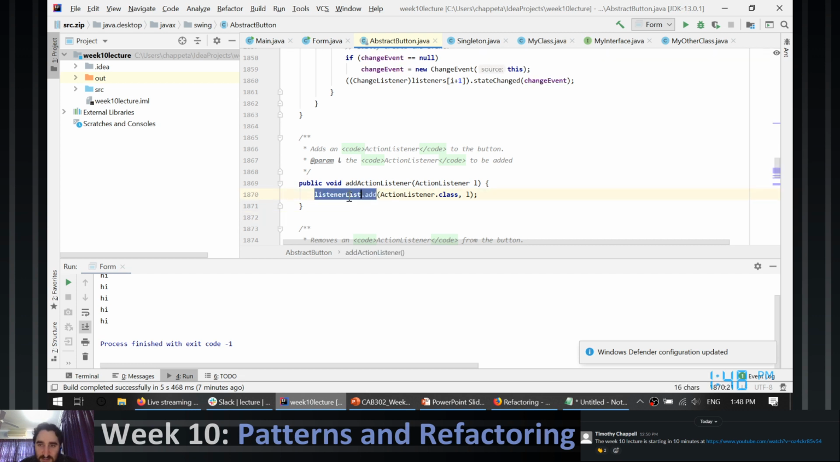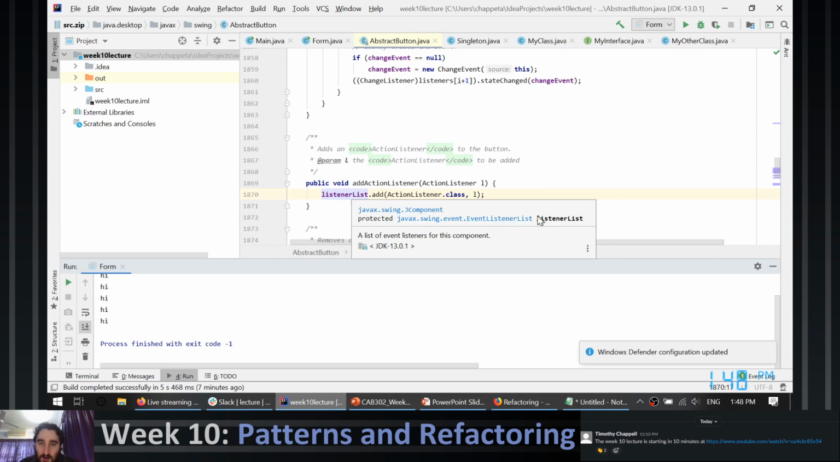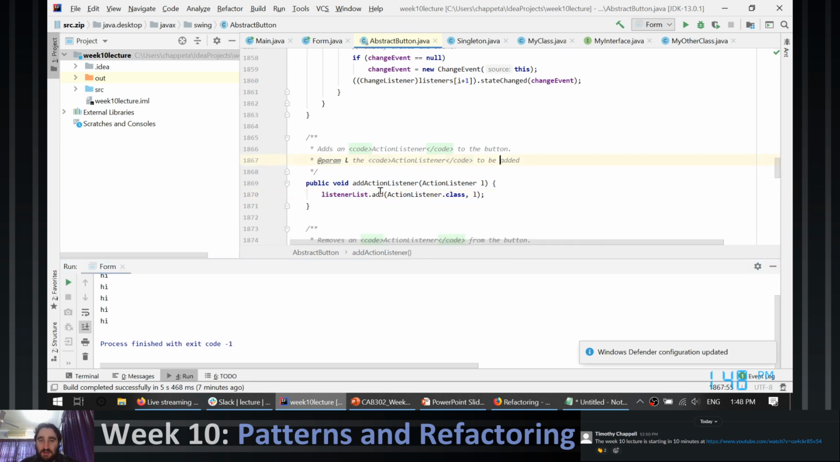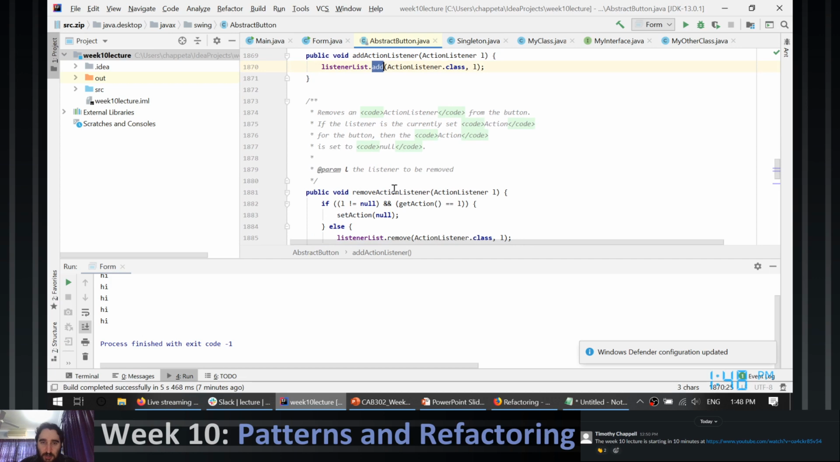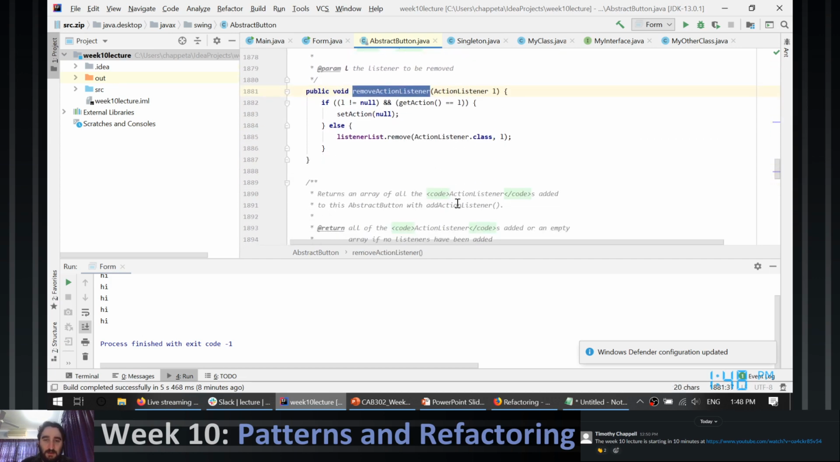And what is listener list? Whoopsie. Okay, it's an event listener list type, and we can add things to it. Or we can remove things from it, because the option is also there for removing an action listener. Finally,